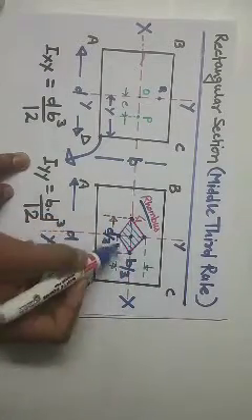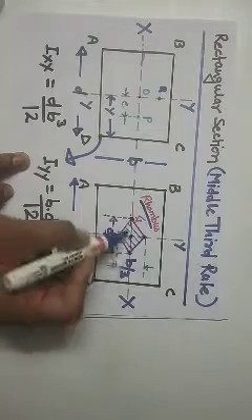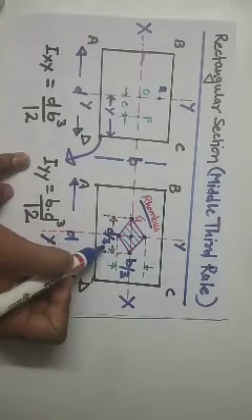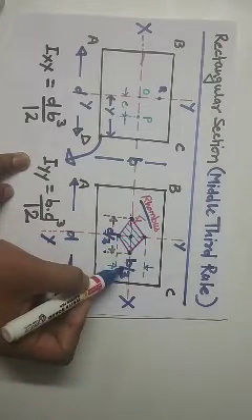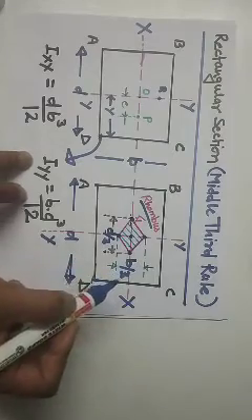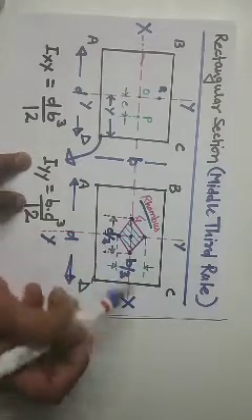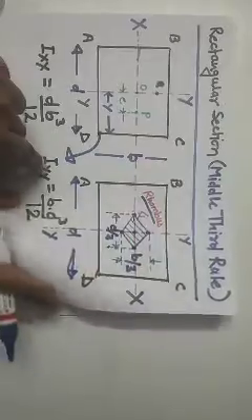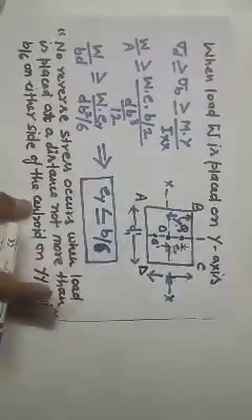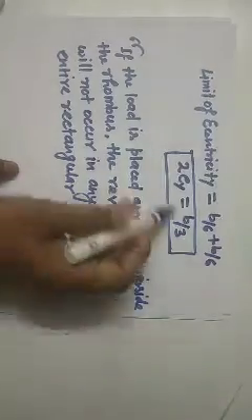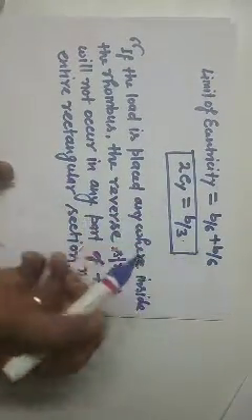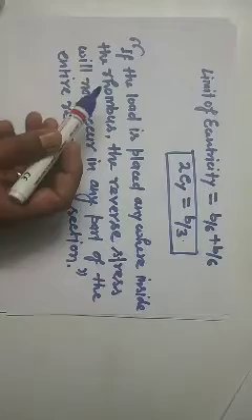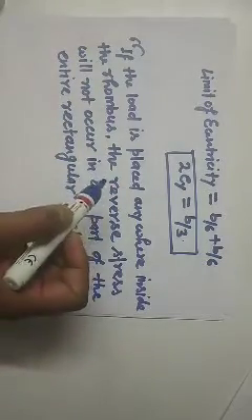The length of this kernel along the x-axis is equal to d by 3, and along the y-axis it is equal to b by 3. So we can see a generalized statement is made right here. What is the generalized statement from this conclusion? This is equal to b by 3, twice of a equal to b by 3. The generalized statement will come that if the load is placed anywhere inside this rhombus,